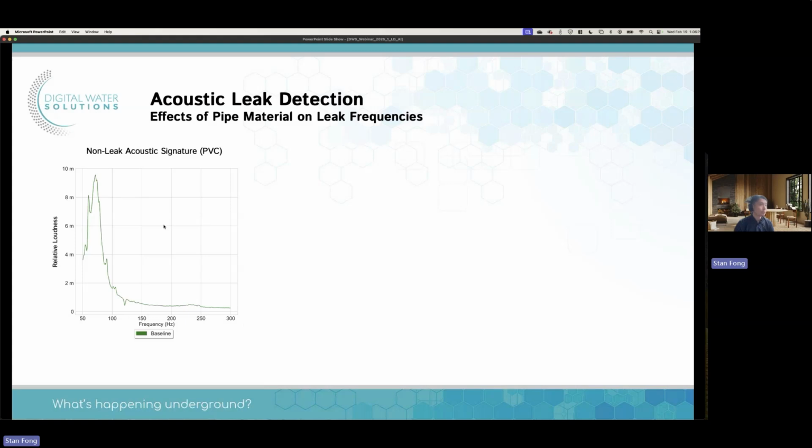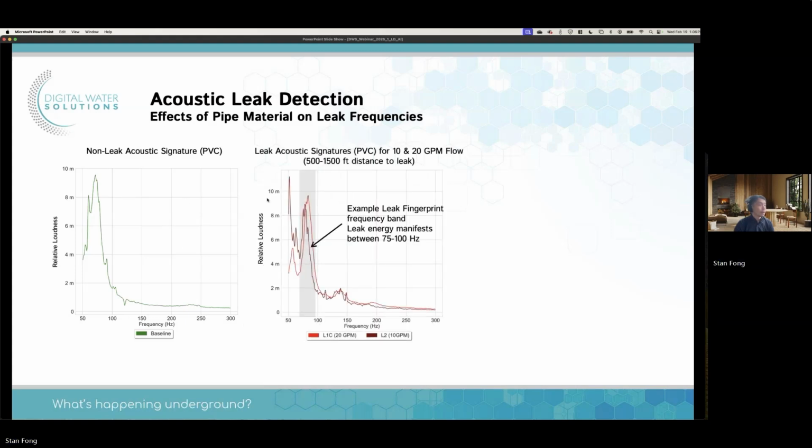And this is plastic here, but again, not too important. This also applies to metal as well. You might just get more higher frequencies due to the metallic being more transmissible. So this is what it looks like when you have a leak. So what do we notice? Differences. We can see here the peak